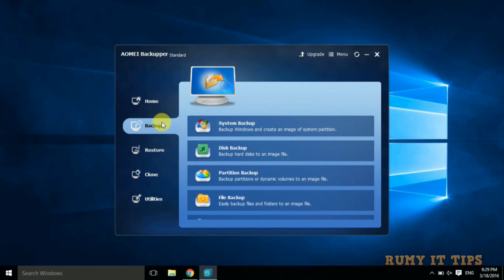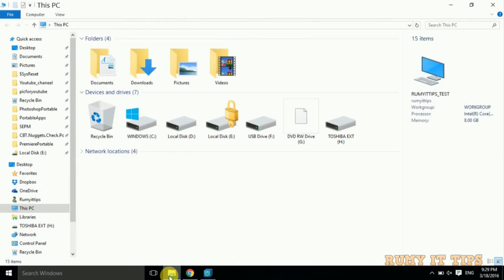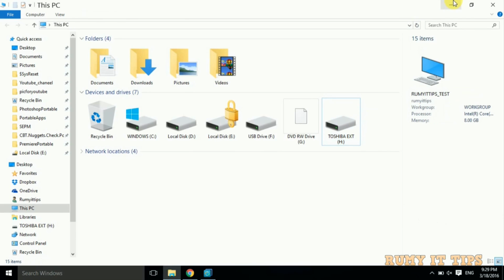And if you come to the backup, here you have options like system backup and disk backup. If you want to take the system backup, you need to choose, as you see here, currently it's selecting your C drive, and you must have an external drive, so you can take the backup on your external drive, or if you want to use another drive, you can use that. For the time being, as you see here, I inserted my external drive, and if I want to take a backup, I can easily take it with this one.